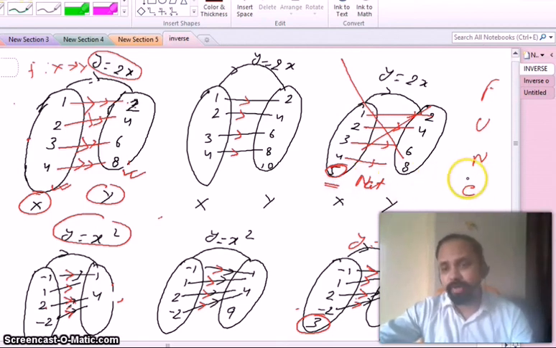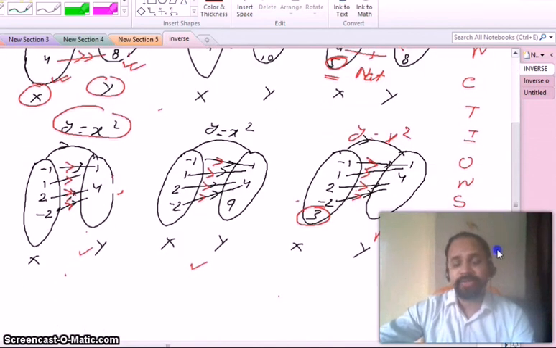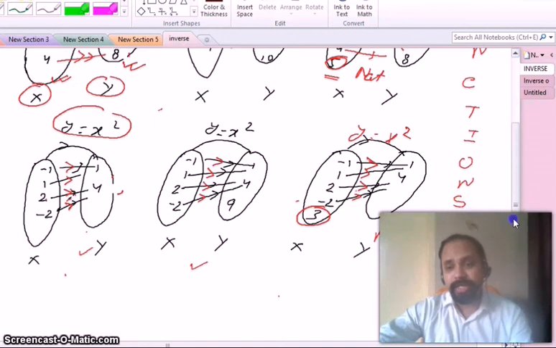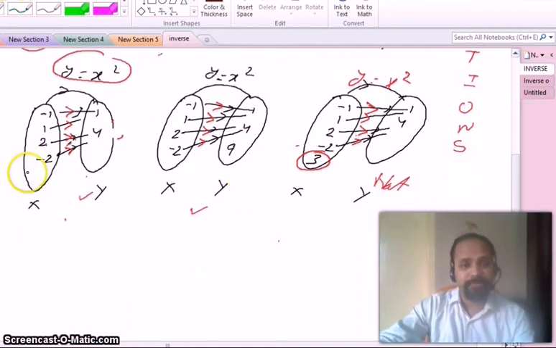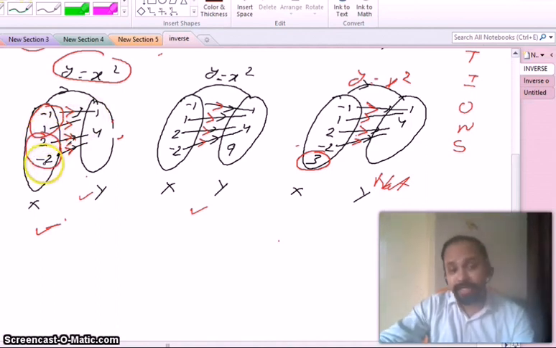Okay, next come to the function which is not one-one; that type of function is called many-one function. As the name suggests, many-one means many elements having one image. So if you see this example, that is 1 and minus 1, more than one element having one image, that is many-one function. Again in this one, more than one element having one image, that means this function is called many-one function.